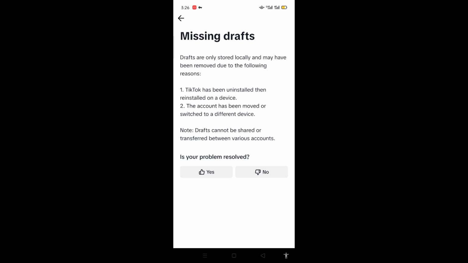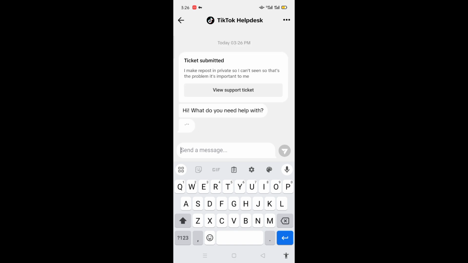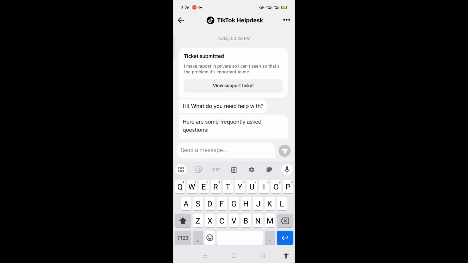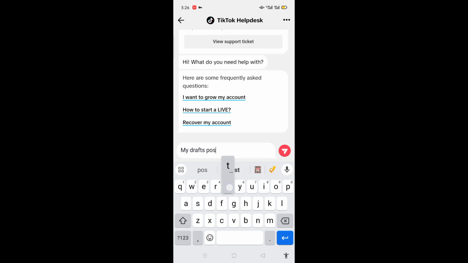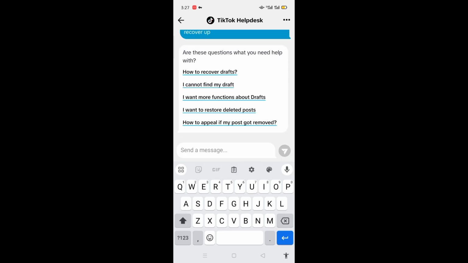So here you can click to your problem resolved, so you can just know, so you can just need more help, and here you can hi what you need help. So here you can describe your issue. So my drafts post has been deleted, can it recover? So I will just write my issue. So here you can see,